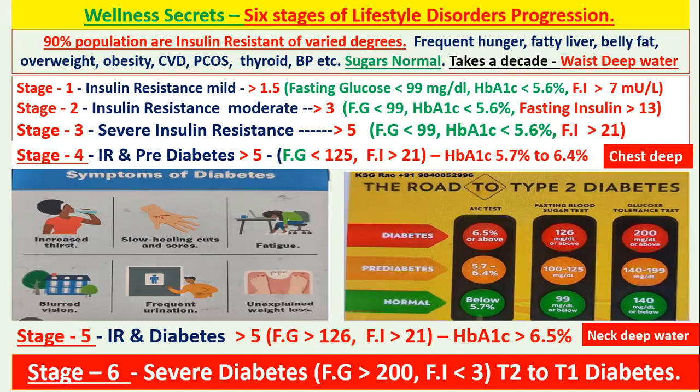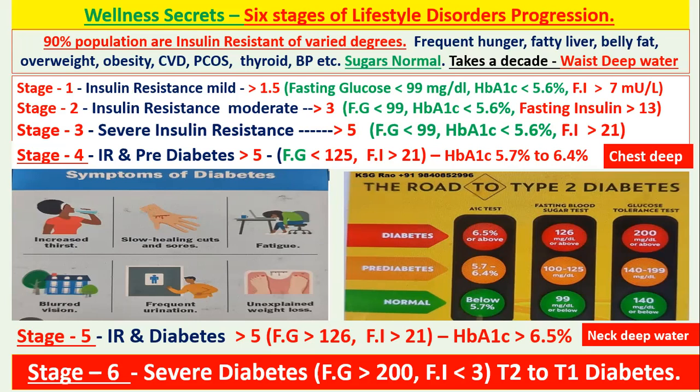Severe diabetes means what? Fasting glucose is about 200. Now is the problem, friend. Your pancreas is not producing sufficient insulin. It has already worn out over many, many years. Like I said, it may take 10 years, 15 years to reach this stage. Now, when you are on medication, on the advice of doctors, eating 5 to 6 times a day, and eating idlis and high carb foods, there is no way you can get out of the problem.